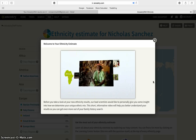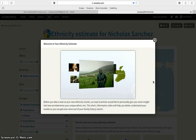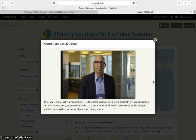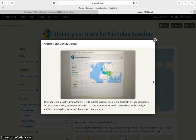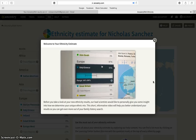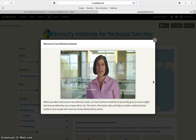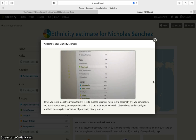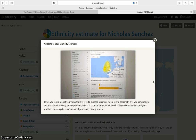From small tribes in Africa, the high plains of Mongolia, to the Irish countryside, your results cover a large range of populations. Using the latest science, we calculated your ethnic mix into percentages and ranges. We not only show you where, but you'll see how strong of a connection you have with each of these regions. Our Ancestry DNA science team is excited for you to learn more about the technology behind your DNA test. We've done extensive analyses and think you'll be intrigued with what you can discover about your family's past. It's important to keep in mind that a genetic ethnicity estimate is just that, an estimate. We've provided a list of all the regions in the analysis, so you'll know where we didn't find any DNA